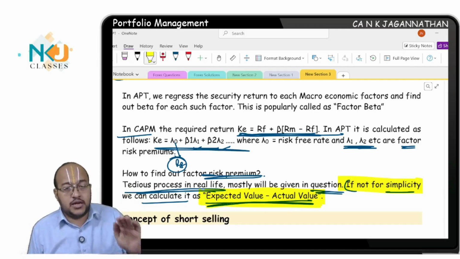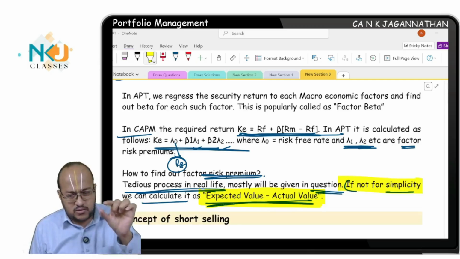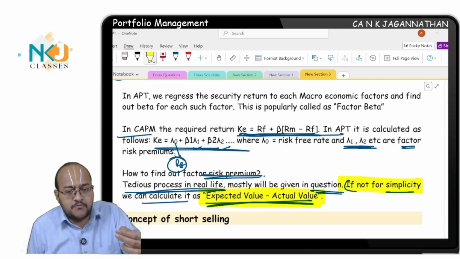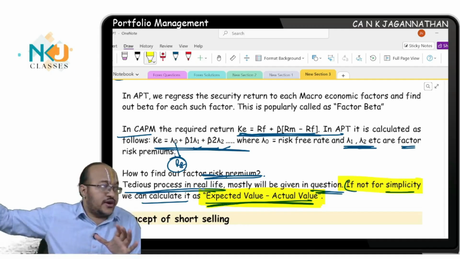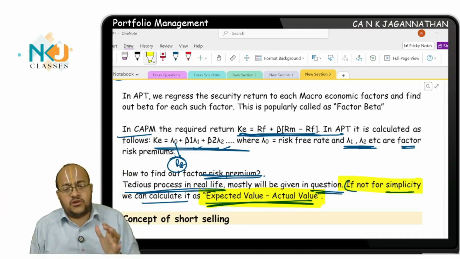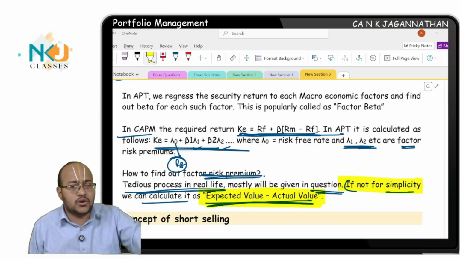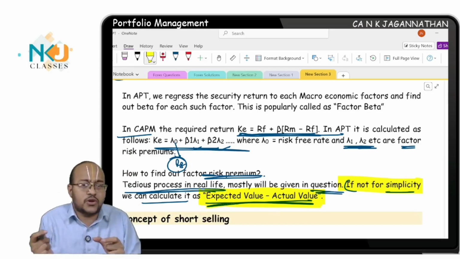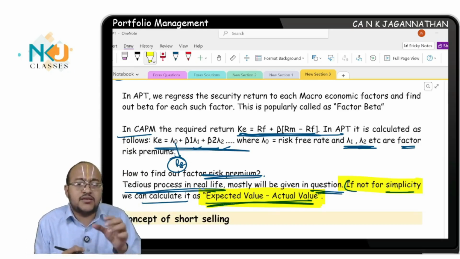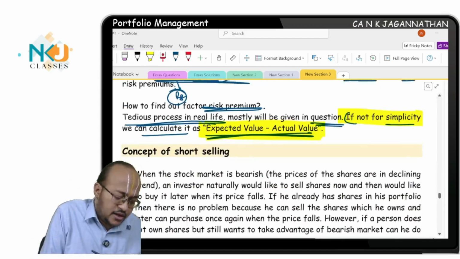This is what they have simplified and given. Really speaking, it's a big process to find out. To find out one factor risk premium, you need to assume the other factor risk premiums to be 0 and then solve as if all the other factors are irrelevant. Then you will get the total premium, then you reduce the risk free rate from it, then you will get a specific premium for it. All these things I don't want to discuss here. Anyway, now